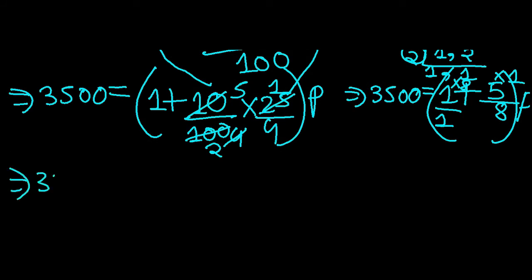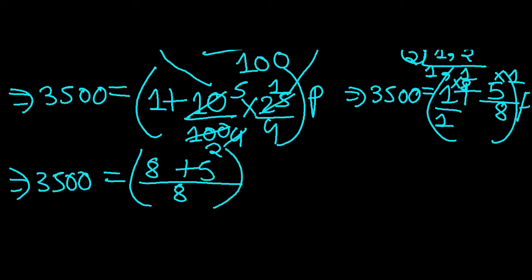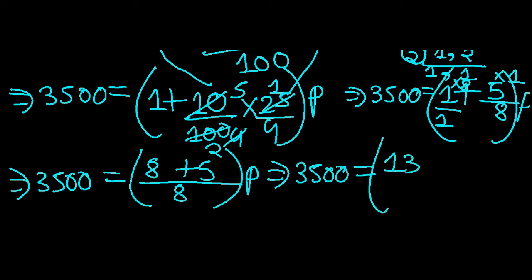So friends, 3500 is equal to 8. First we have to write the LCM that we got as 8 here. 8, and now we will write 8 plus 5, close bracket, and P here. Now 3500 is equal to 13 by 8